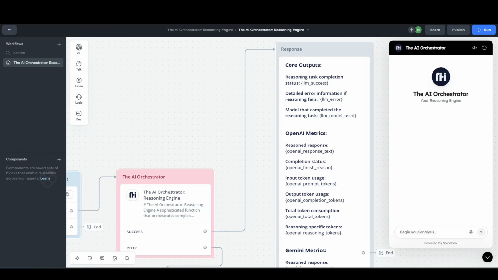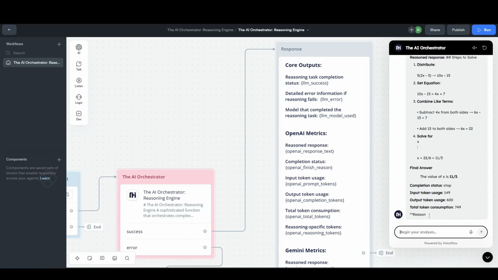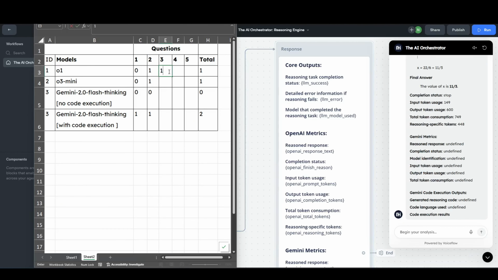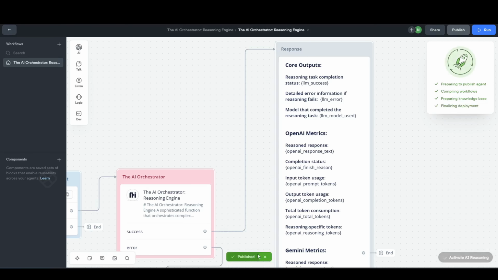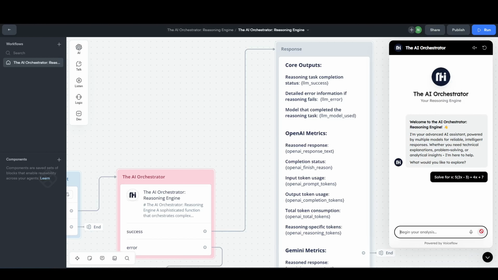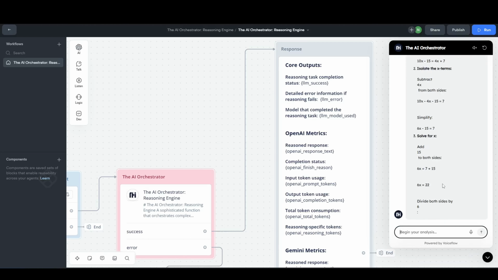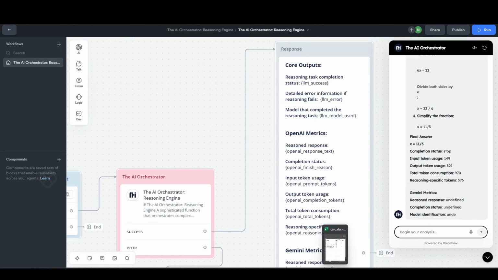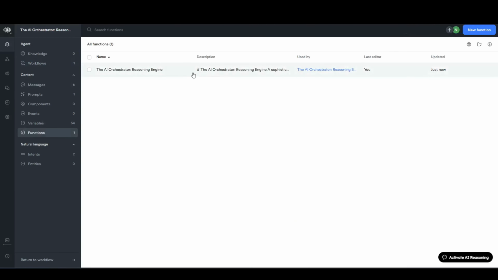The next question that we have is this. Since we have the O1 model, let's start with O1. And it got it correct. So well done to the model. O3 mini also got it correct. The next is to try the Gemini model without code execution.